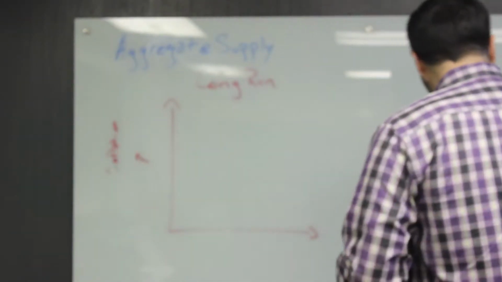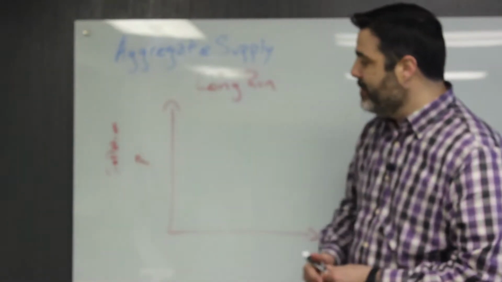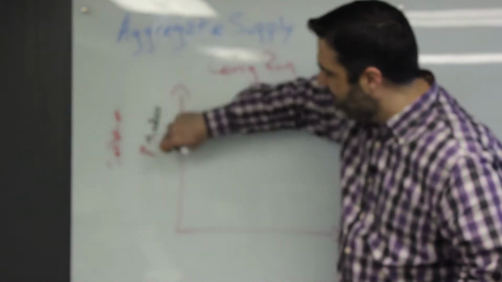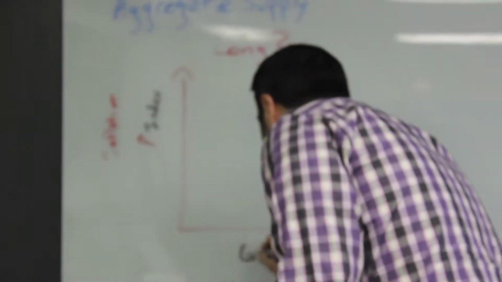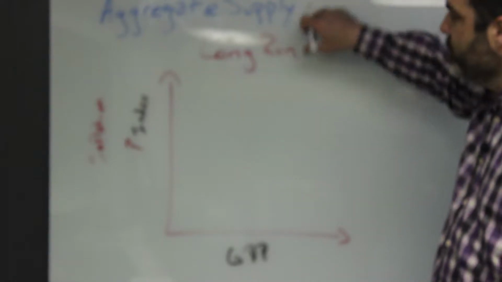What happens in the long run? Well, what do we have on our axes here? On one side we have price, and remember this price is an index. Typically in the United States, it's our consumer price index. And down here, remember, we don't have quantity like we normally have. We have our GDP. So what we're asking for supply is, at each price point, how much do producers want to produce?